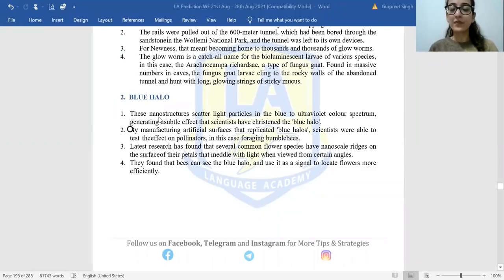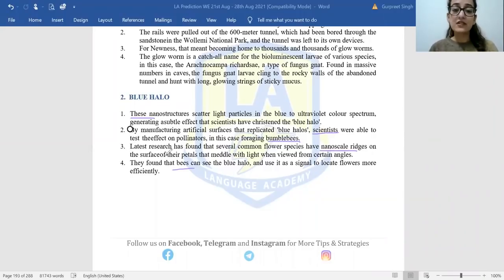So the final answer after the hints, which we marked: these, and here we have scientist. Here we had bumblebees and only bees, and here we had nanoscale ridges. Right, so now